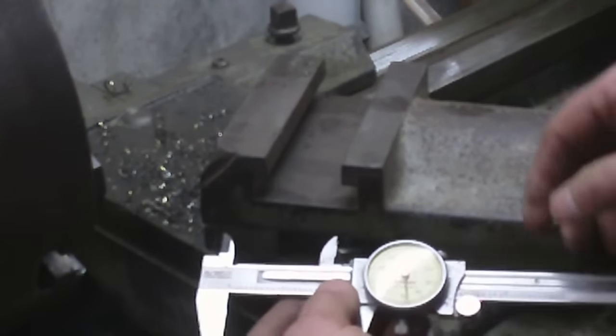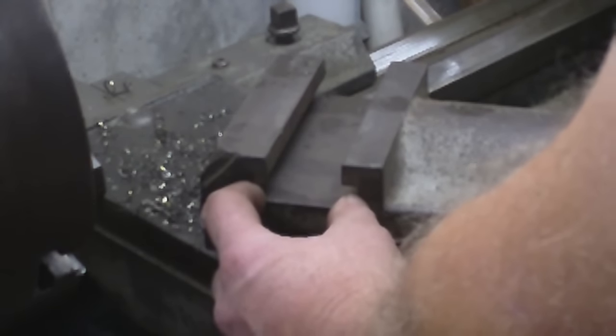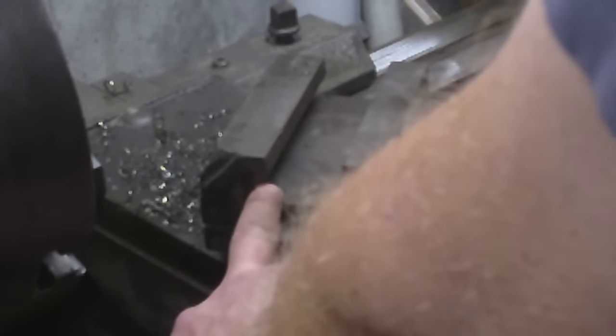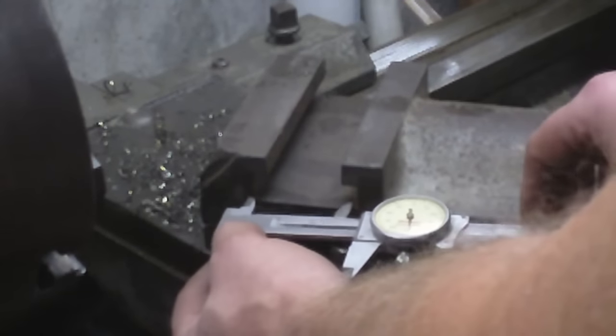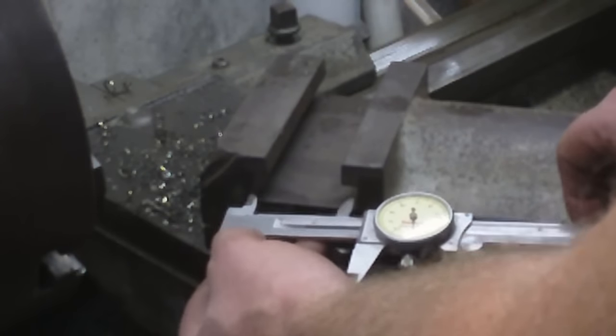The other thing is that I don't think that the tightness of the T-nut in this lower slot is as critical as the tightness of the T-nut in this upper slot. And even in this upper slot I think we can have some play. So anyways, oh,